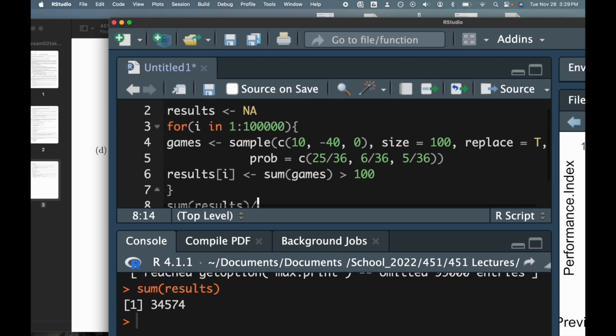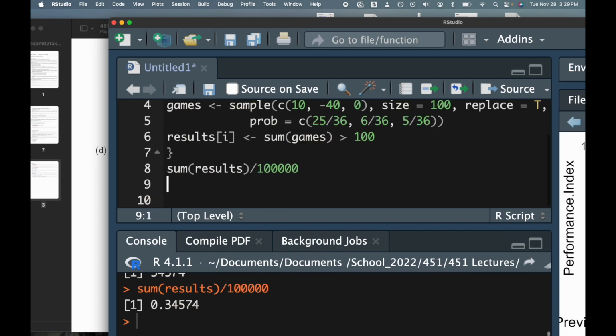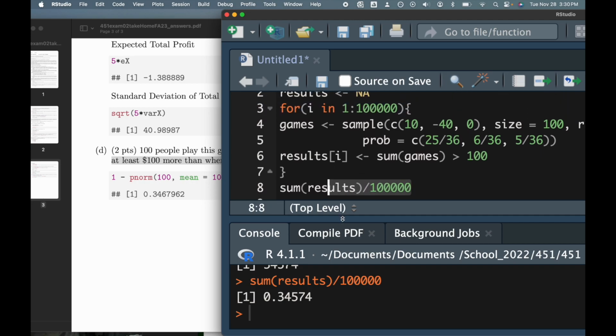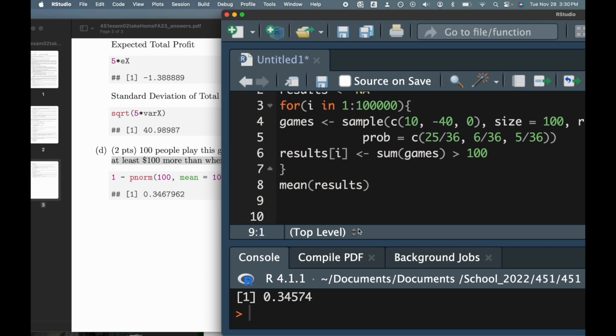So then if I divide this by the total number of simulations, then I'm going to get the proportion, which is 0.34574, which is very close to my theoretical value of 0.3467. And then an even nicer, cleaner way to get that proportion without summing and then dividing by 100,000 is just to take the mean. And when I do that, it's going to treat all the trues as 1s and all the falses as 0s, add up all the 1s, and then divide by the total number of things. And I'll get that same value,